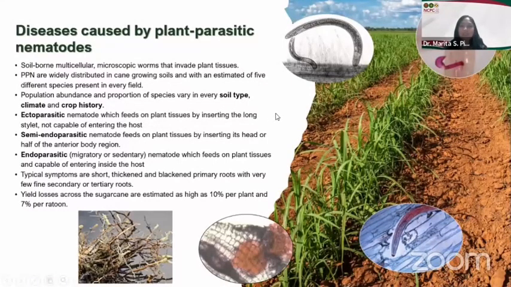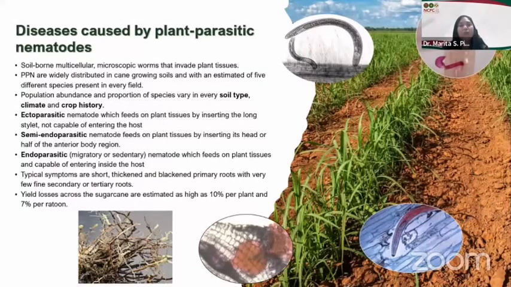Plant parasitic nematodes are widely distributed in sugarcane growing soils, with an estimated number of species of 5 in every field. The population, abundance, and even proportion of species vary in every soil type, climate, and crop history. So just to have a deeper understanding about these plant parasitic nematodes,